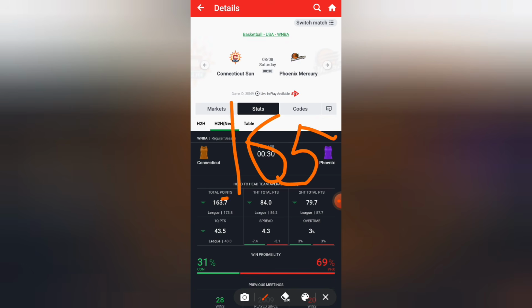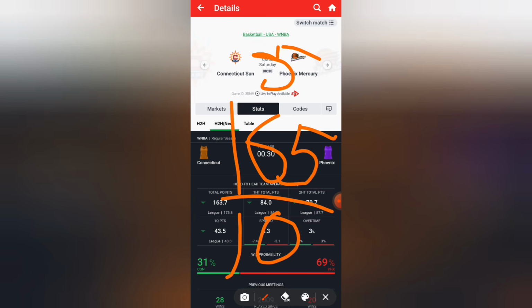So for me, I always subtract 10. Now it depends on you. Anything I want to do relating to basketball, I always subtract 10. And the reason why I subtract 10 is because I studied it for a very long time. I've been doing it for a very long time. Before, I was subtracting 5. It got to a point I was subtracting 15. So it depends on you.